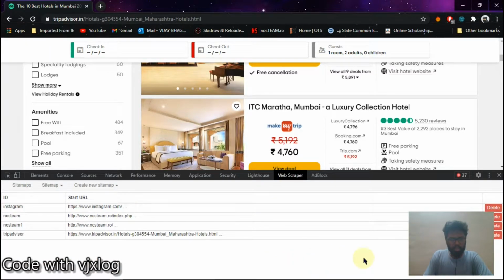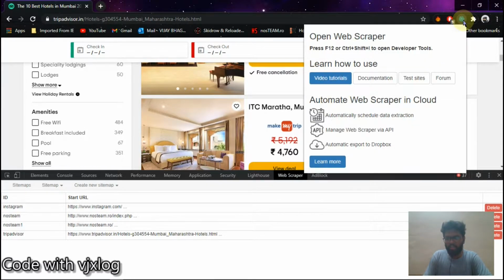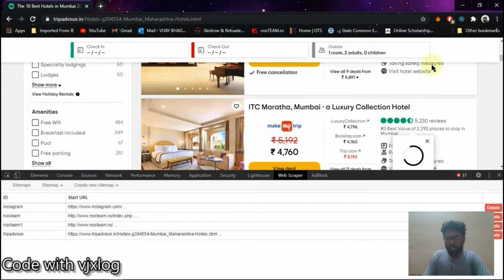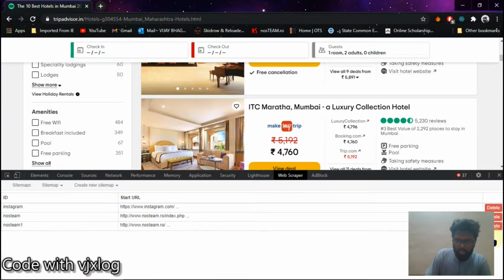This Web Scraper tool here comes because when we install the extension, this extension permits it to be embedded here, to be implemented, right? Now I have implemented it on Instagram, Nostream and TripAdvisor some time ago. Now I'll do it again, so I'll delete this previous one.